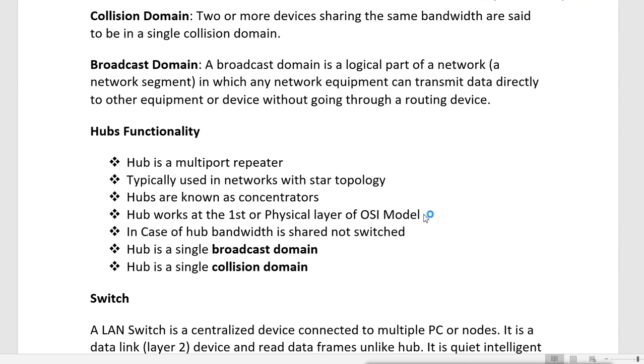Remember, hub bandwidth is shared. If it is 100 Mbps, that 100 Mbps is shared with all the connected devices. A hub is a single broadcast domain and also a single collision domain. No matter how many hubs you join together, they remain in a single collision domain.